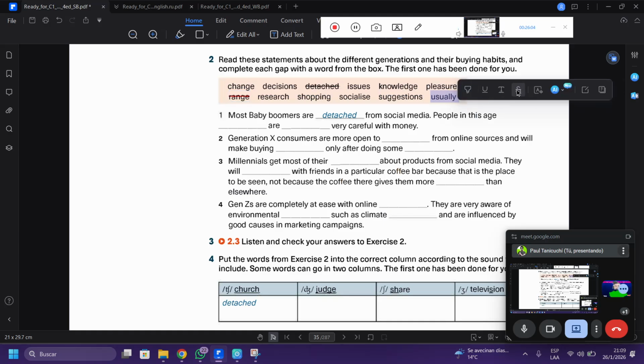Generation X consumers are more able to shopping? No, because there is suggestions.